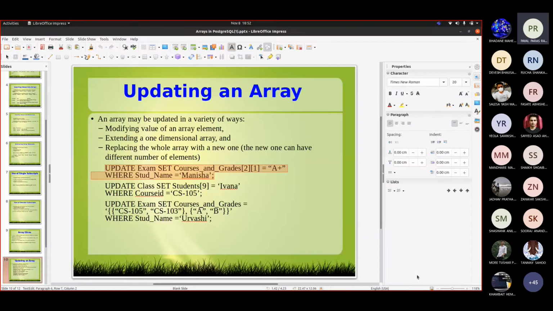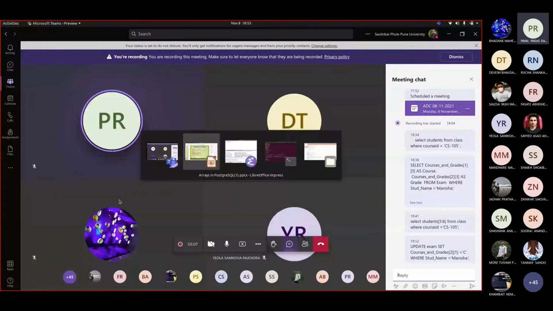Next thing, let us work with this. If at all I have to update student name. Okay, we had 8 students. Let us add a 9th student there. We are adding a 9th student in the class.